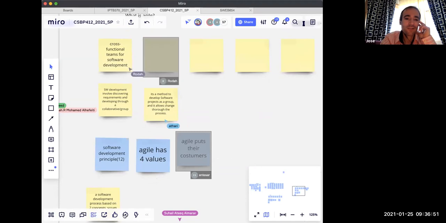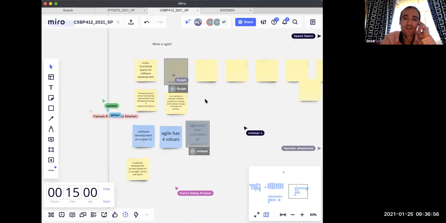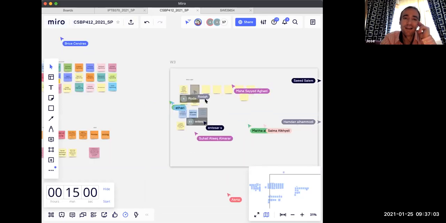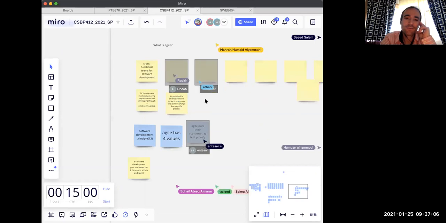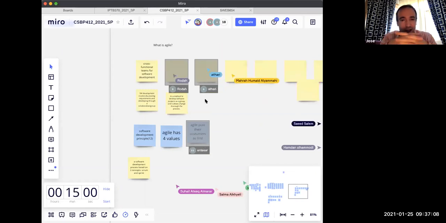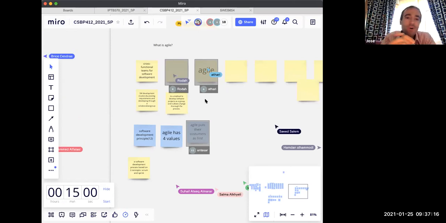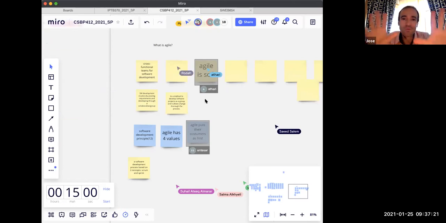Okay, so let's play a small game. I'm going to break you down into three groups, and I'm going to give you 10 minutes, and you're going to watch these Agile videos, and then your job as a group is to take a space here in the middle of the board and summarize in a small visual the main things about Agile after watching the video.